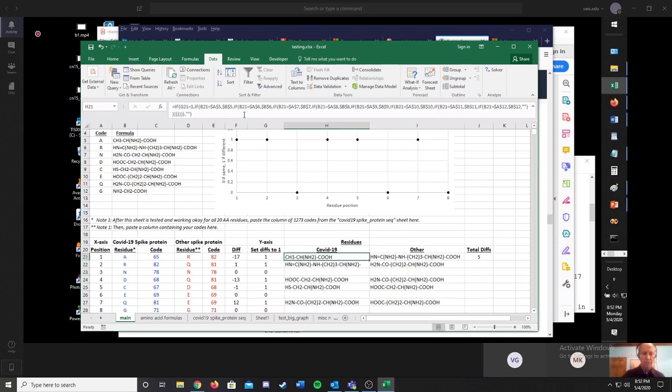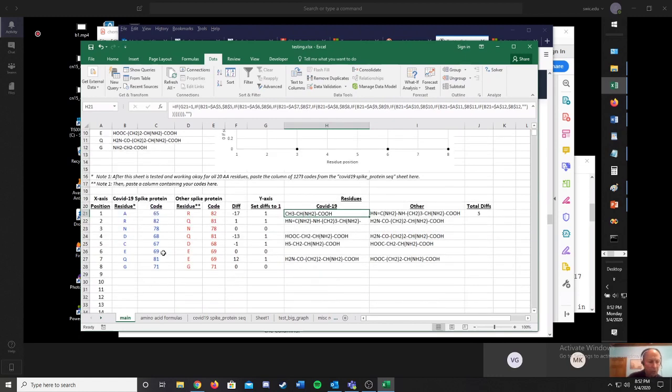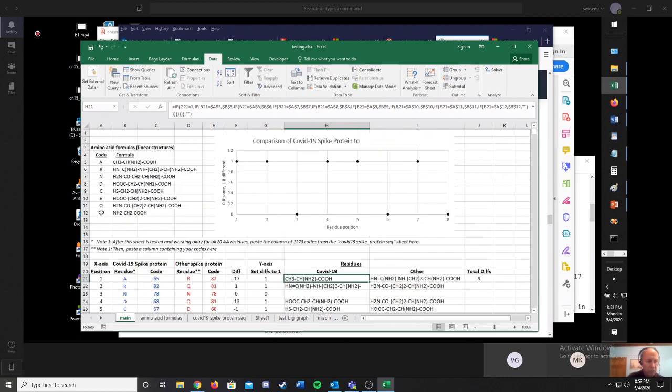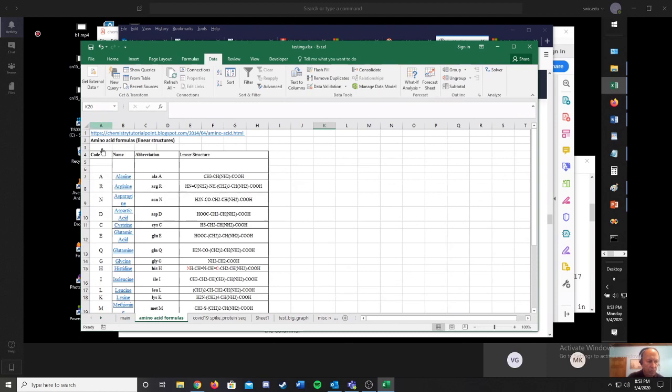Was this if statement edited to cover all 20 residues? Okay, the tips document describes that in pretty much detail, but we can go through it now. Let's add one residue. It looks like this points to amino acid formulas A14. So if we go to here, amino acid formulas, and then cell A14, so it's pointing to this G, and